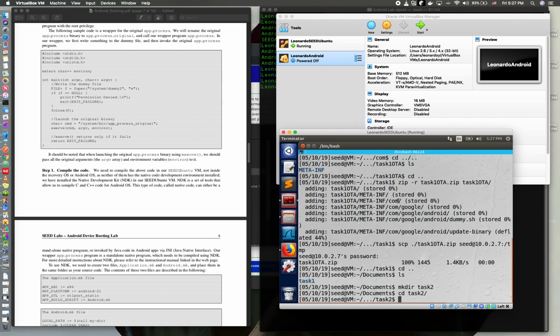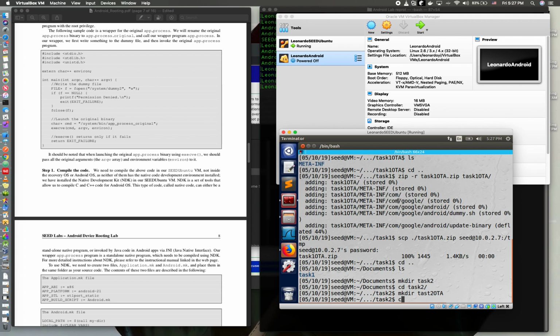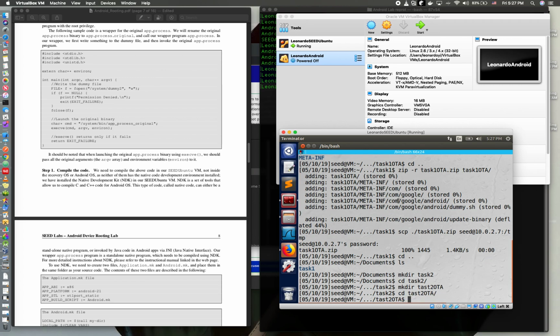We would like to execute our inject program during this bootstrapping process. The object of this task is not only to find a different way to do what we have done in the previous task, but also to learn how Android gets bootstrapped. So here, like the previous step, in order to run the code